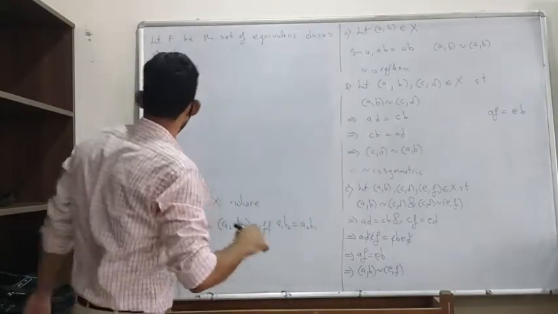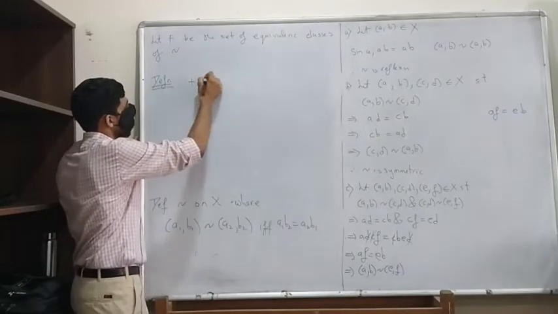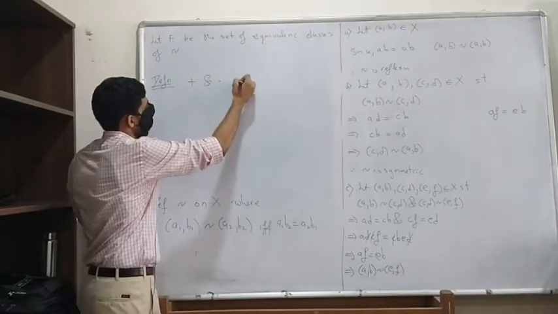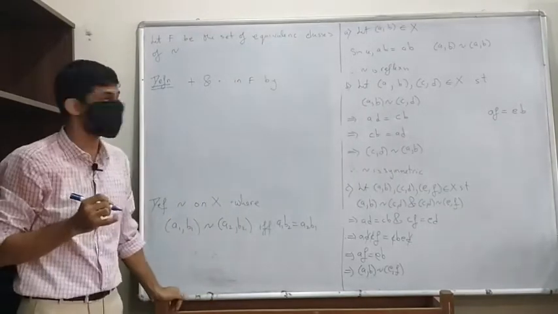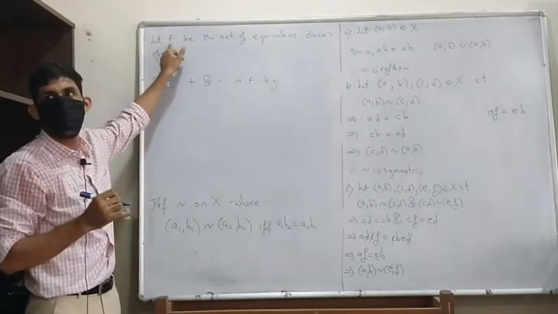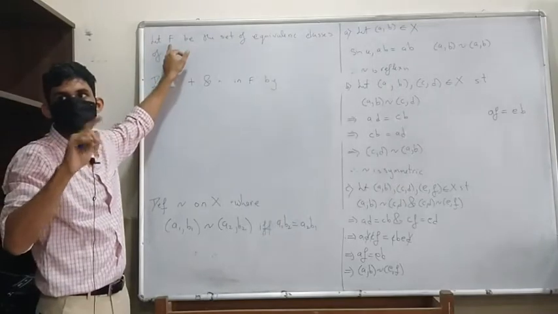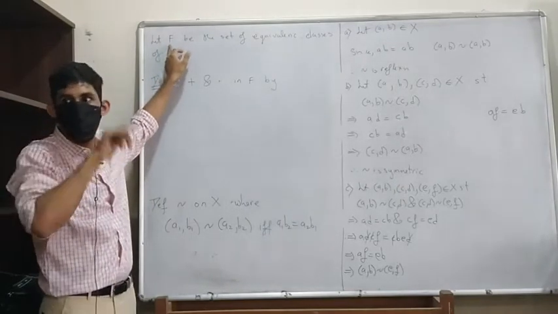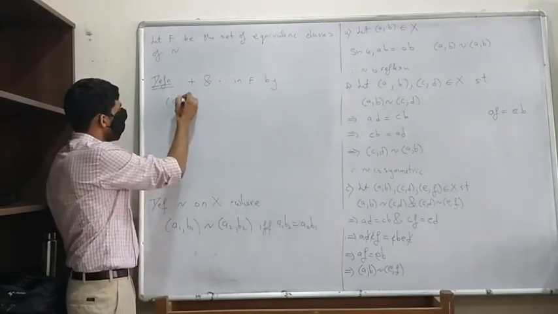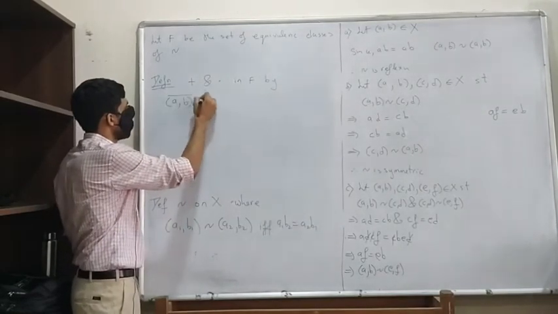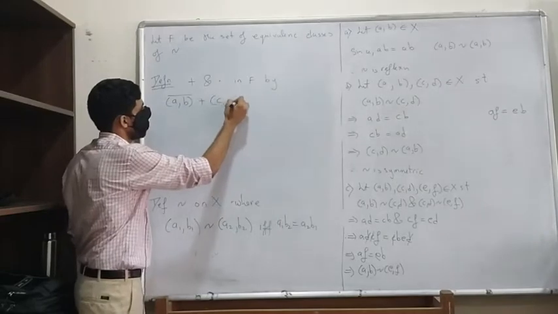So multiple. So define plus and dot in F by, how are we defining? The equivalence class of (A, B) I am going to call (A, B) bar. So (A, B) bar plus (C, D) bar,